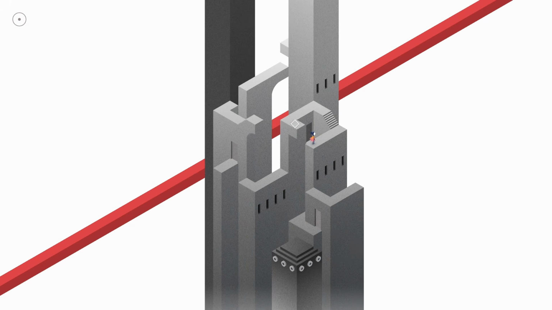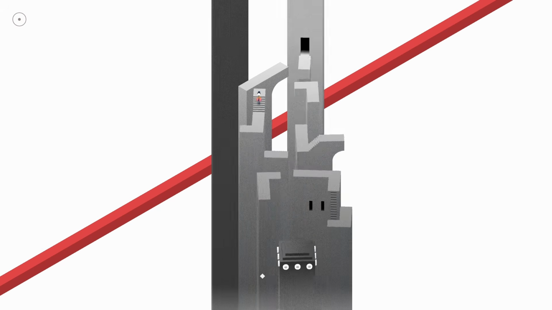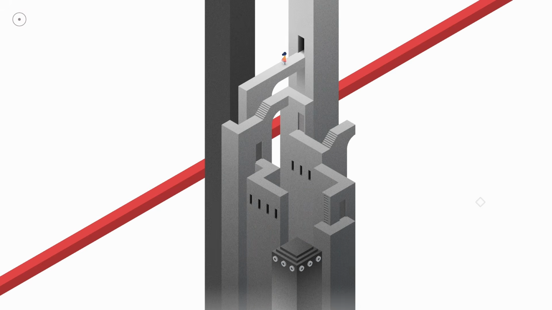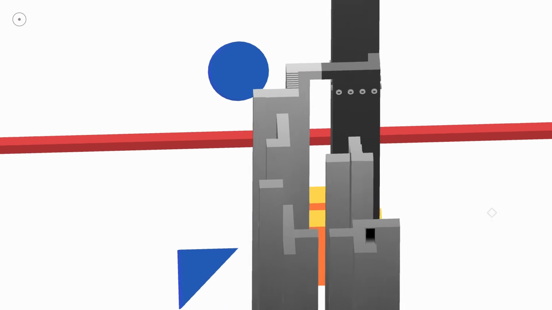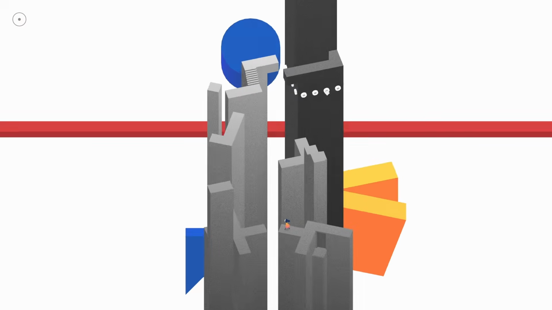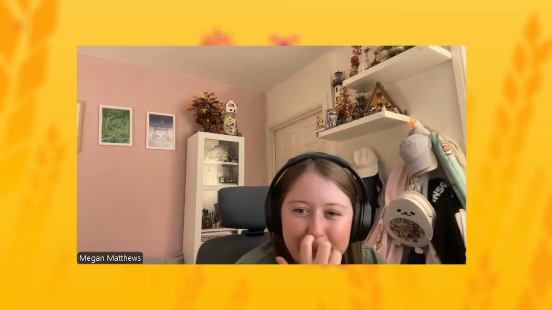I think my favourite level is Chapter 7 of Monument Valley 2, the Brutalist architecture one, the towers, where you're in the isometric perspective for a lot of it, and then suddenly it shifts and you're face on and you're in this 2D flat world and you just didn't expect it to happen at all. Yeah. I absolutely love that level. I remember talking about it a lot throughout development of MV3. It's just like, oh, I really love how this level just completely twists what you expected to happen.